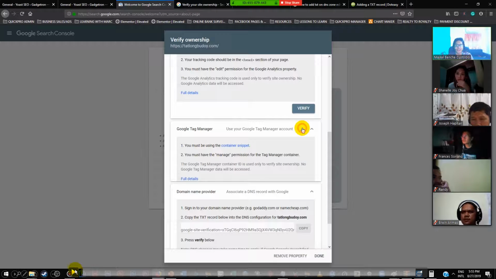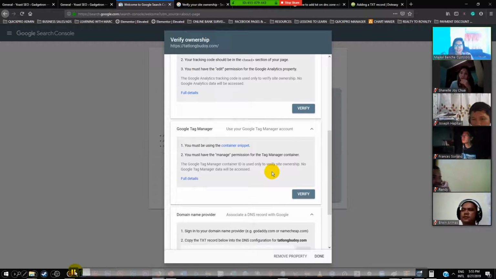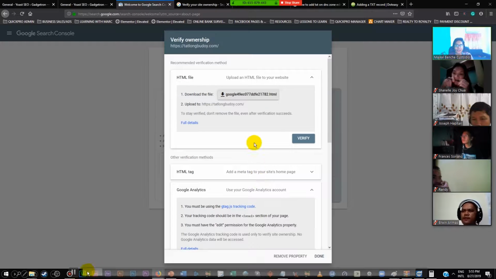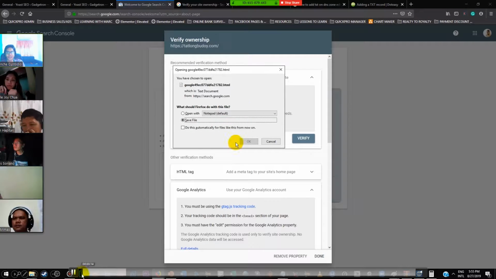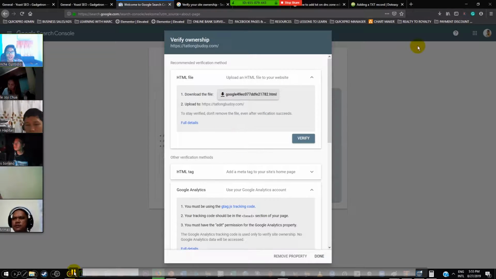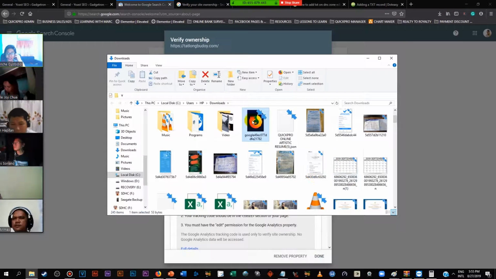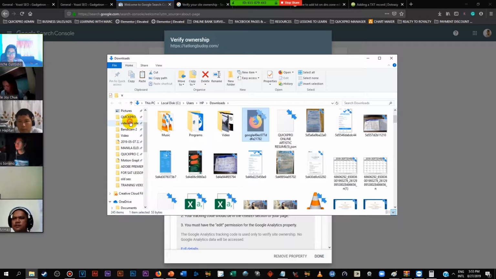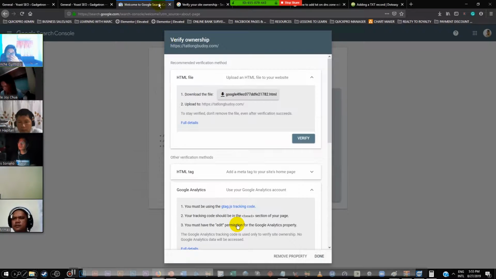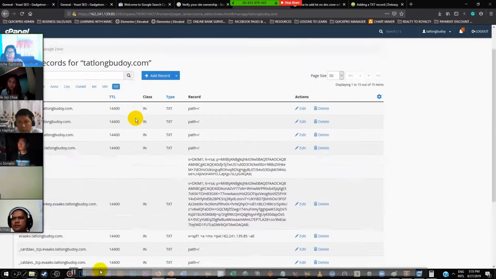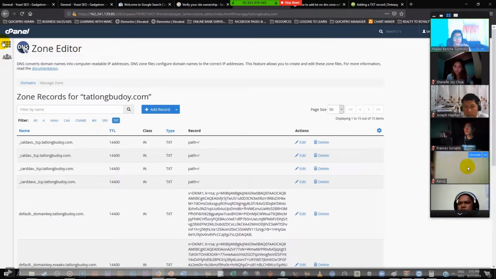It's very easy. So all you need to do is to just download. Ayan, this is just download. Click on that one, download file, and then save it first. Okay, so download and save. After you're done saving it, now it's gonna be saved by your browser into your computer. And so I'm gonna move that to a different folder. Okay, I'm gonna move it in this folder right here. Paste it there. And then we're gonna have to upload it, guys, in our cPanel.